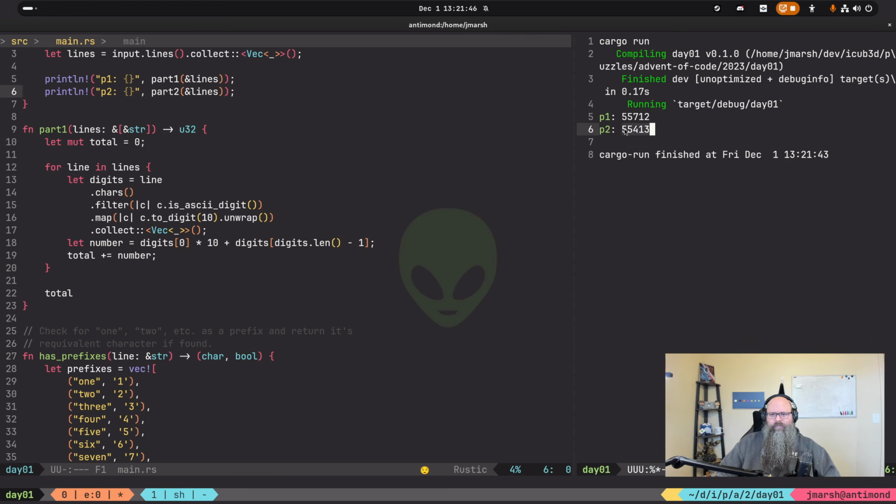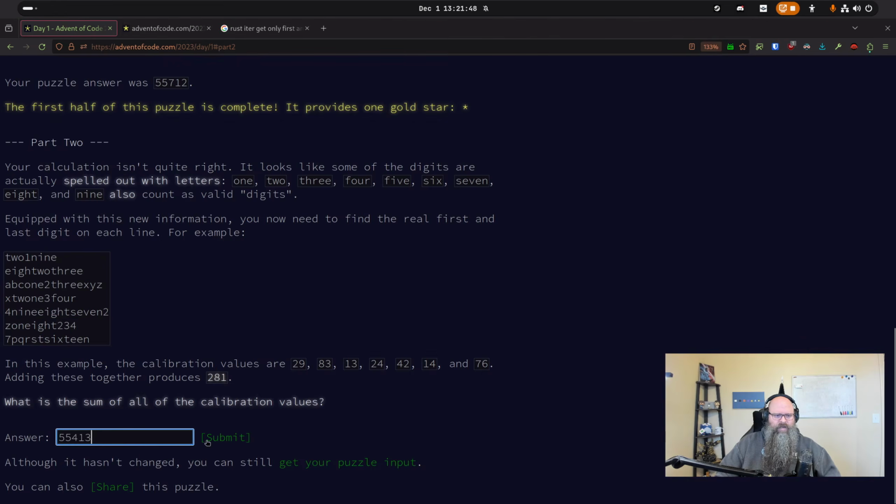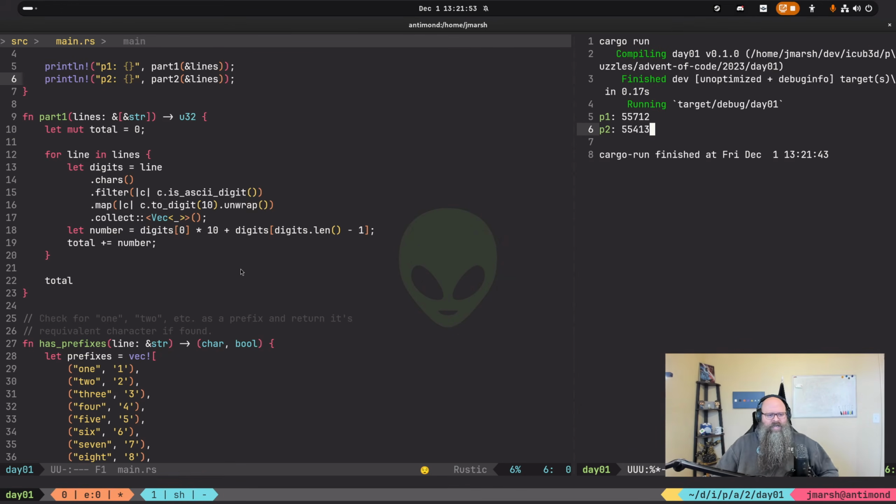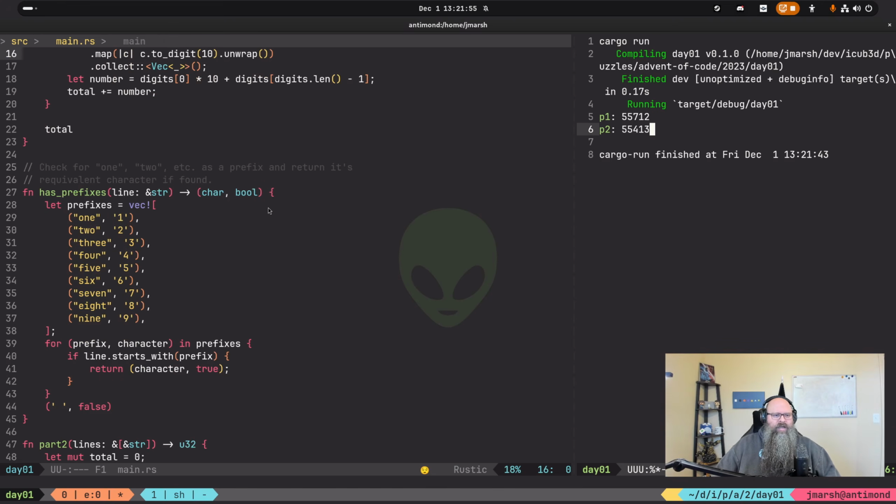Five, 5, 4, 1, 3. Let's see if we got it. That is correct, but it's really ugly. I kind of want to look and see if there's another way. I do like this check function. I mean, it's not too bad. You could turn this into a